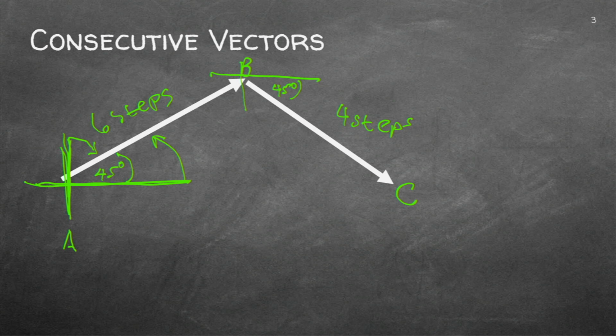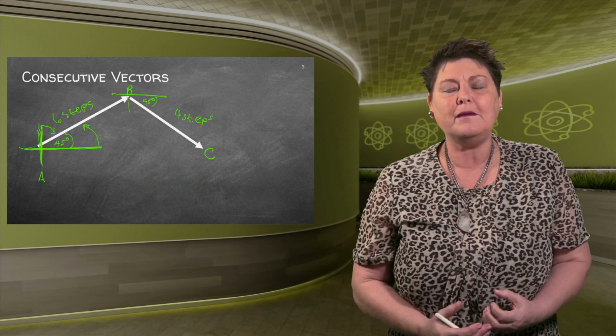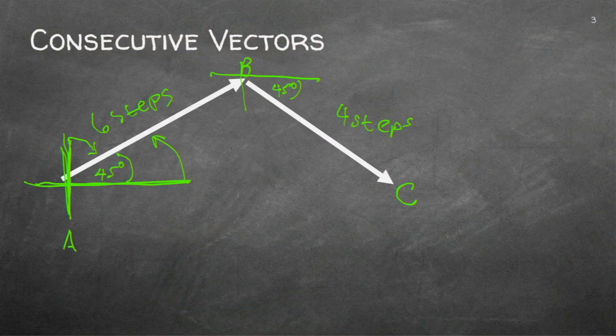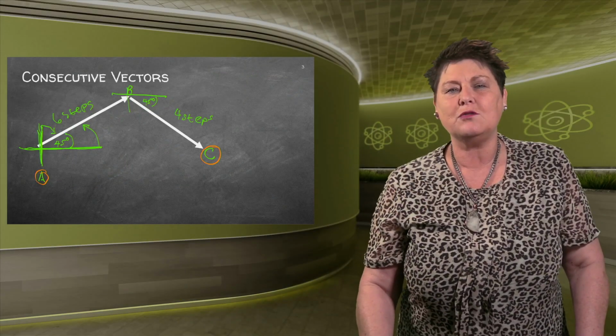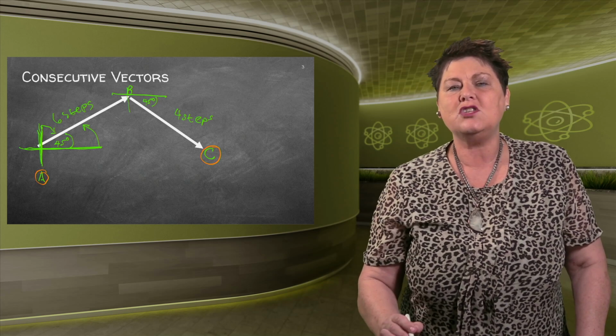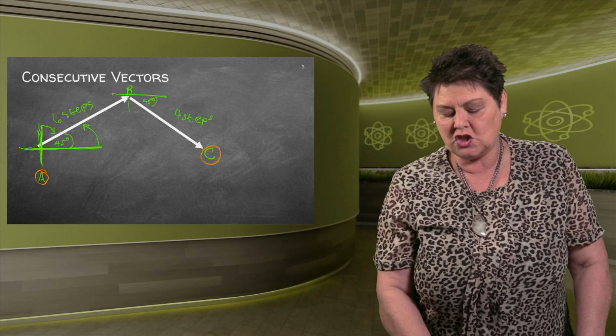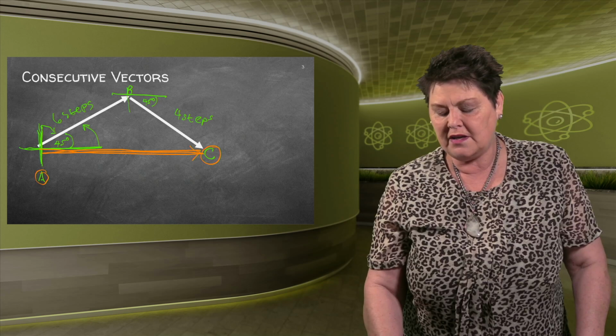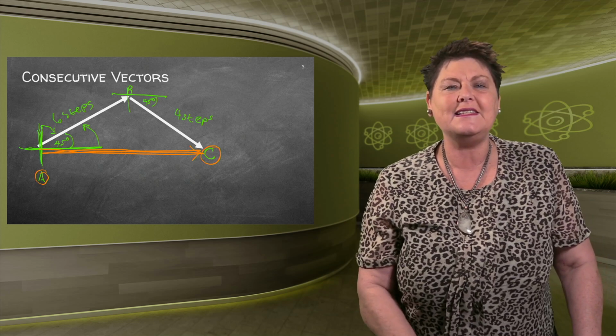The number of steps and the degrees are not that important for this example, but the fact that we want to find the resultant. So I'm at point A now, and I went to B, and I find myself at my final destination, which is now C. The resultant is, by definition, the shortest line between the starting point and the final point. So it is the AC line.